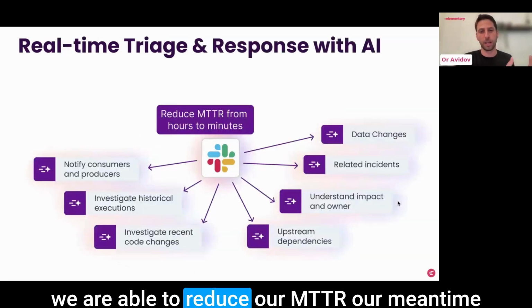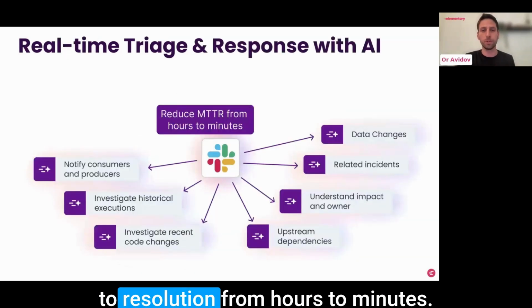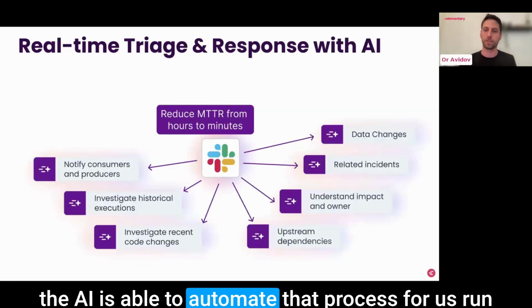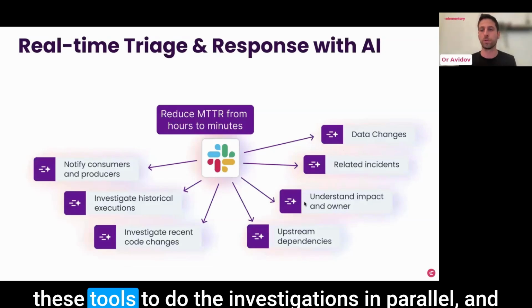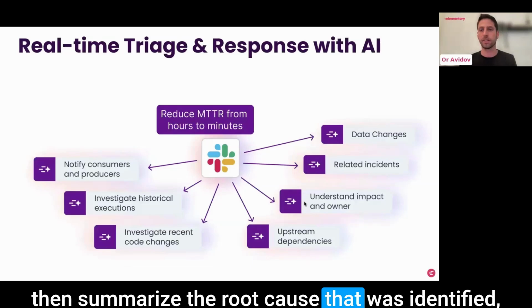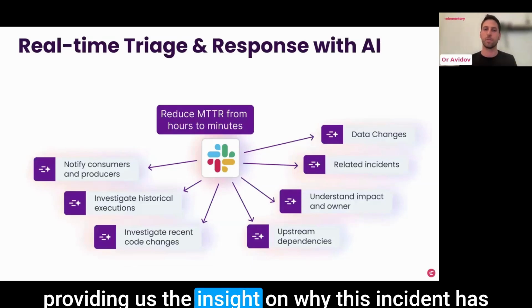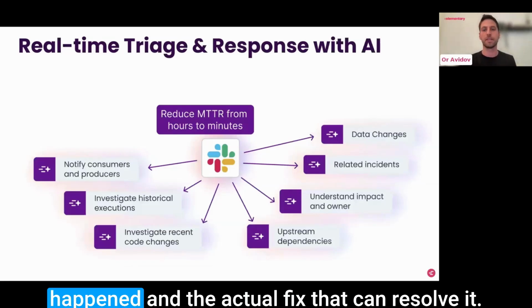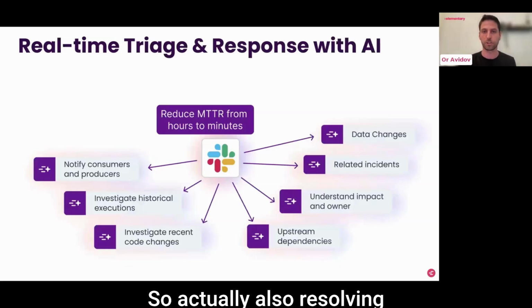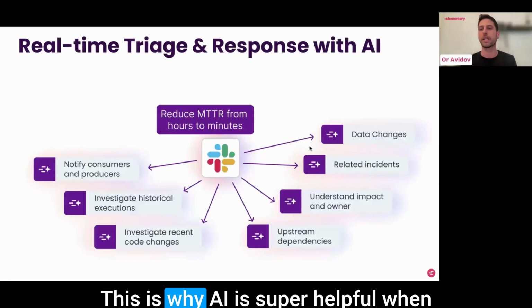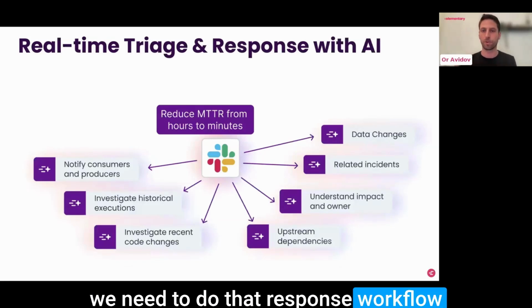We are able to reduce our MTTR, our mean time to resolution, from hours to minutes. The AI is able to automate that process for us, run these tools to do the investigations in parallel, and then summarize the root cause that was identified, providing us the insight on why this incident has happened and the actual fix that can resolve it. So actually also resolving the incident automatically. This is why AI is super helpful when we need to do that triage and response workflow and implement it